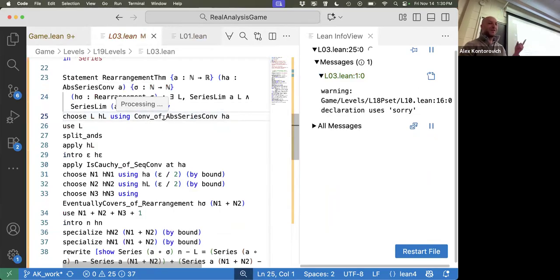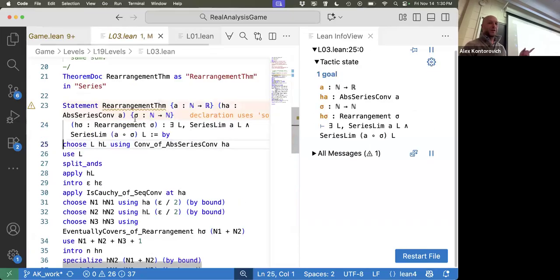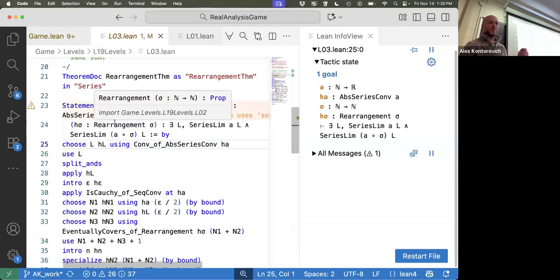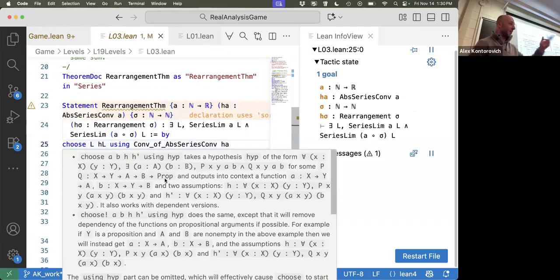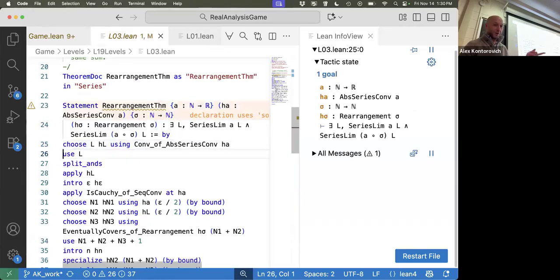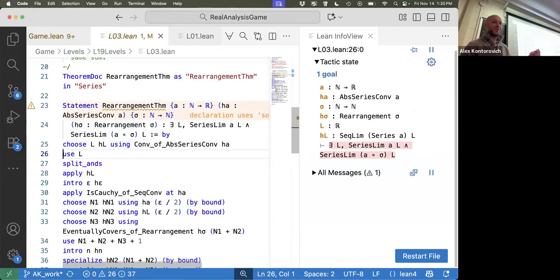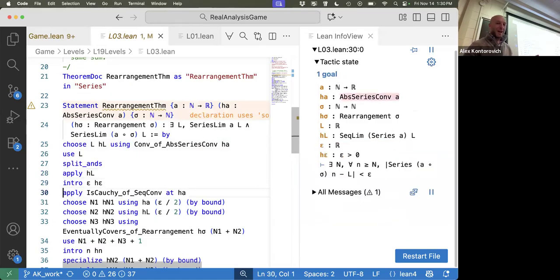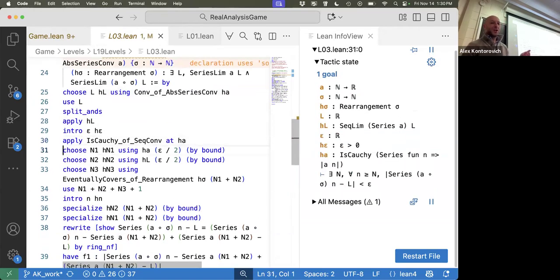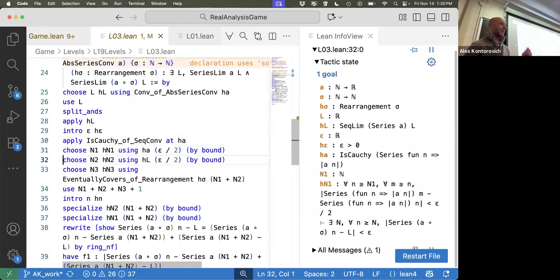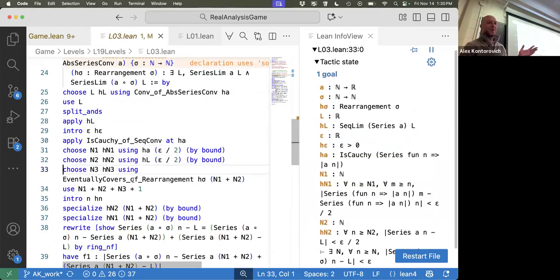But the first idea is: give me the limit. So now we're on the Cauchy. Absolute convergence means that you can reorder anything. Given that it's absolutely convergent, it's convergent, and it converges to something. So then we're done. Give me that epsilon. We're going to use the Cauchiness with epsilon over 2 and the fact that the sequence itself converges with epsilon over 2. And then the fact that you can eventually cover gives you an N3, and go beyond N1 and N2 and N3, where N3 depends on N1 and N2.